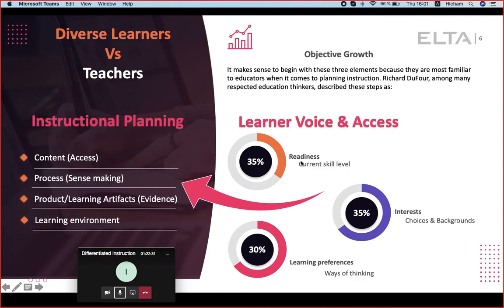So these three points: readiness, interest, and learning preferences. I've explained them in other words: this is the current skill level, which means how ready the students are to acquire something. Then the interest, it's actually the choices and the backgrounds, what Iman mentioned a while ago, exactly about what activities work for students, what not, and what activities work for a group of students, and what activities work for another group of students. And later on, the learning preferences, it means the way of thinking, the way the students think or get engaged in relation or independence, certainly to their capacity, to their language skills, to their understanding.